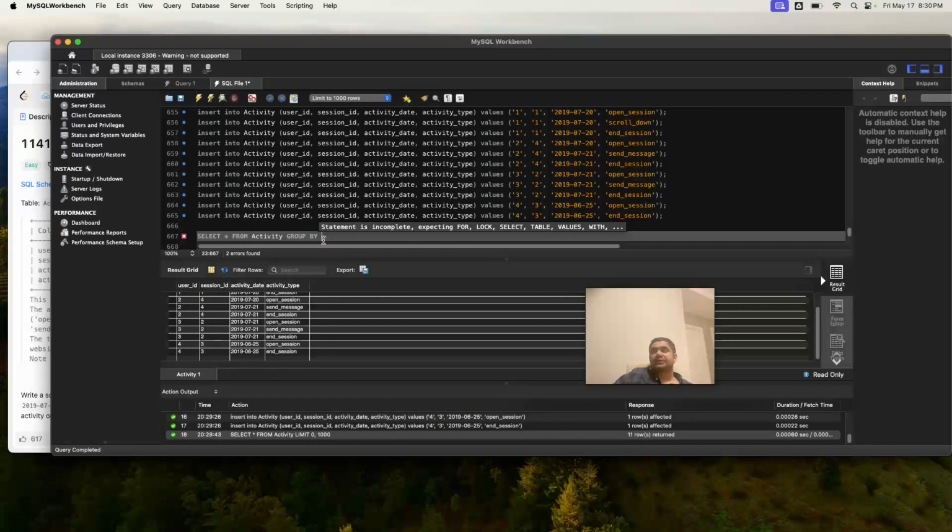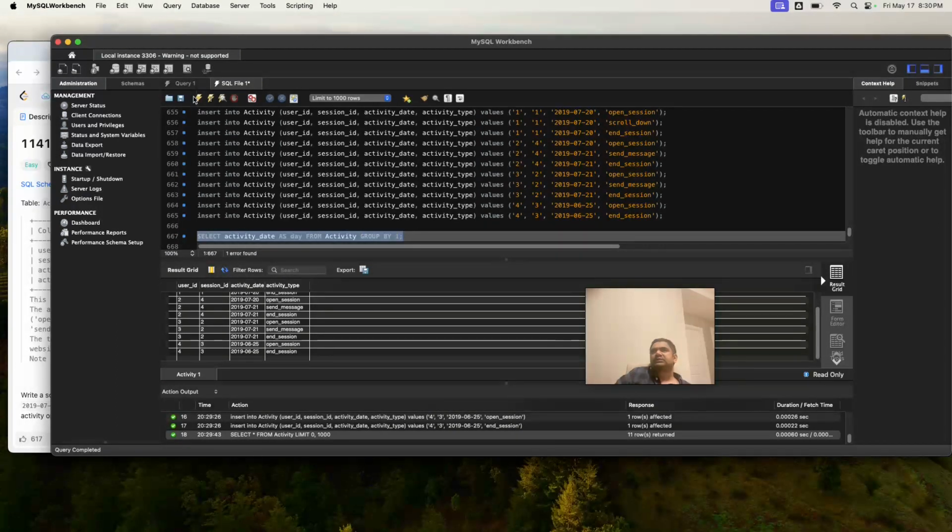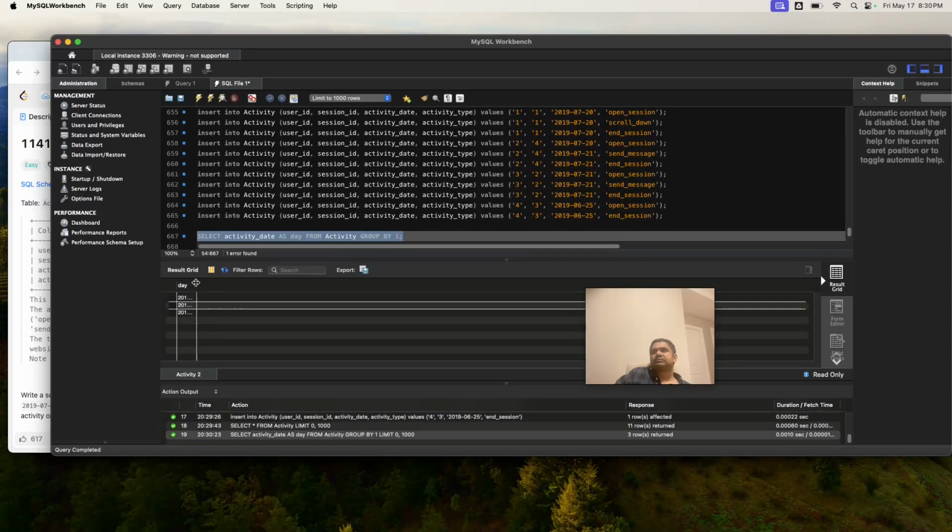Group by activity date. I will give the activity date here as date, group by one. It will group by activity date. Here we can see all the activity dates. It should fall between